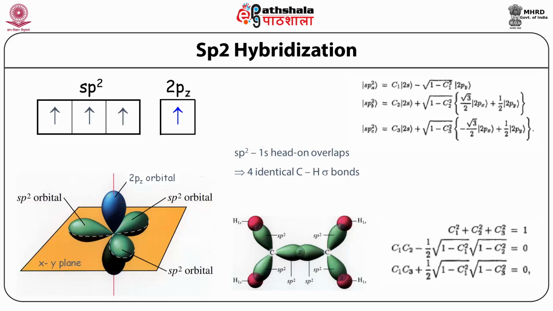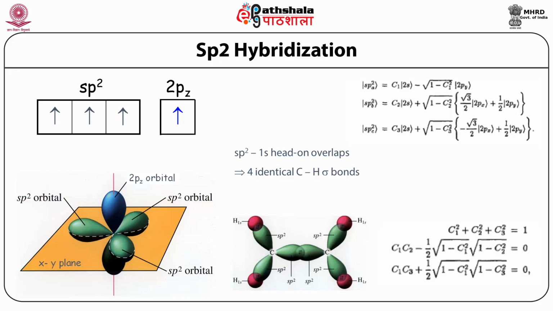Sp2c is equal to C3 2s plus root of 1 minus C3 square multiplied by bracket minus root 3 by 2 2px plus half 2py. Now here the coefficients C1, C2 and C3 can be determined from the orthonormality of the Sp2i and 2s,